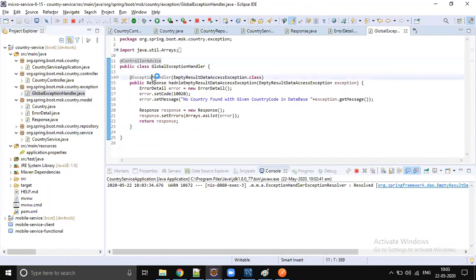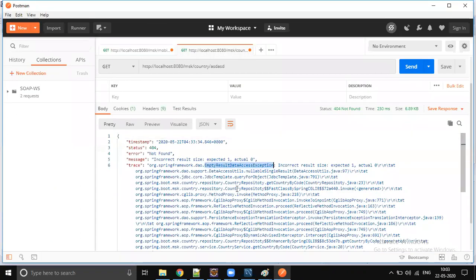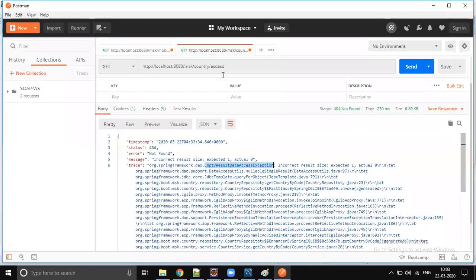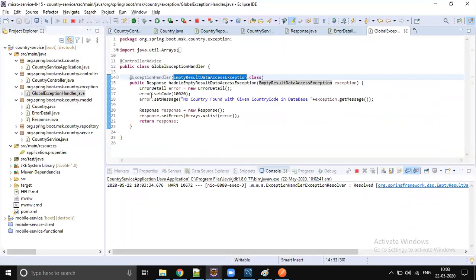Controller advice, exception handler, empty. It's like EmptyResultDataAccessException, right? Yes, EmptyResultDataAccessException, and we are handling it.